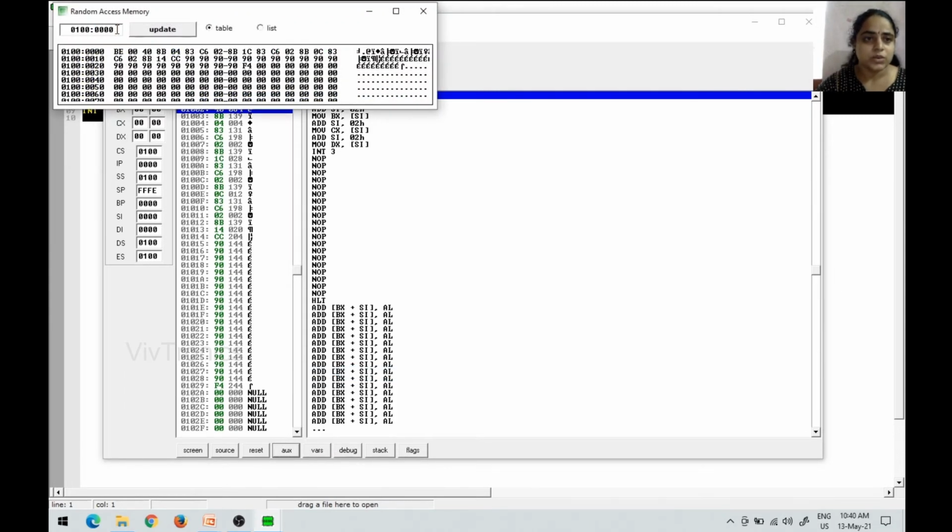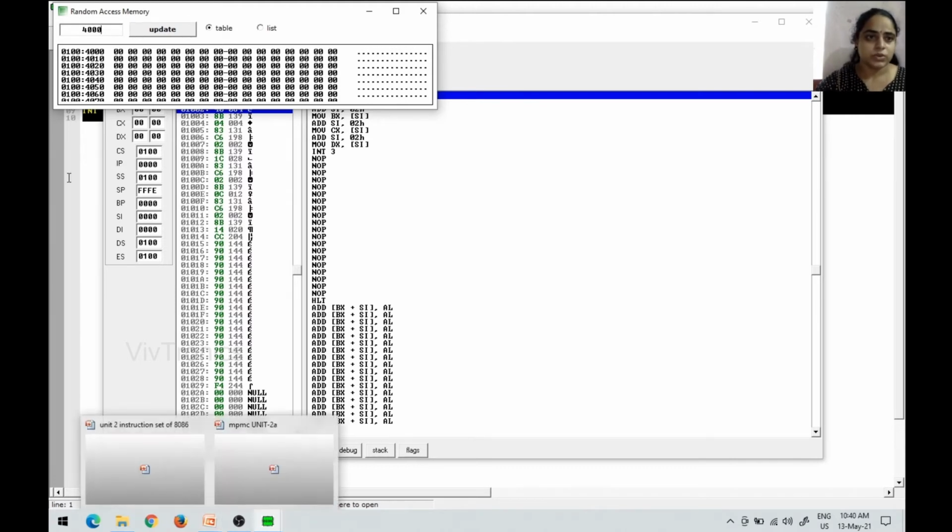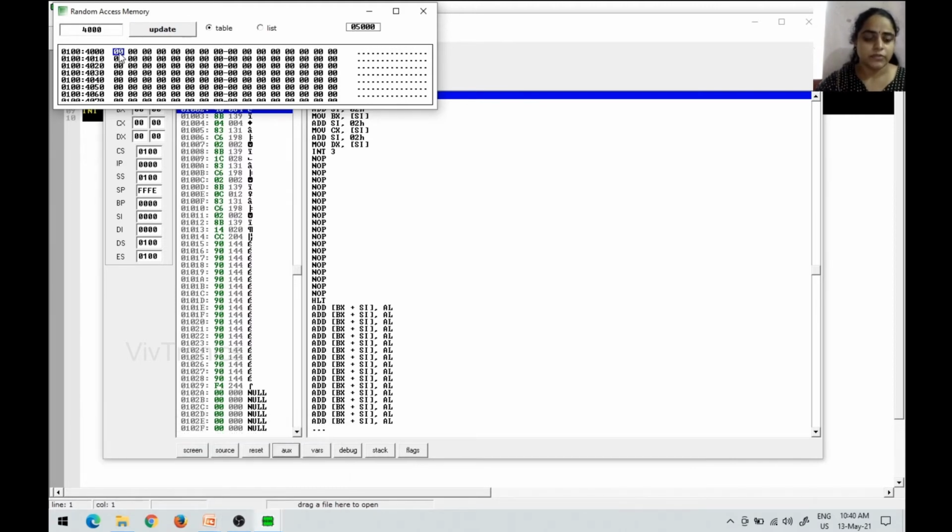So I am just going to give my 4000 address here. In the 4000 address I have to give 34, and in the 4001 address I have to give 12, and in the 4002 address I have to give 78,